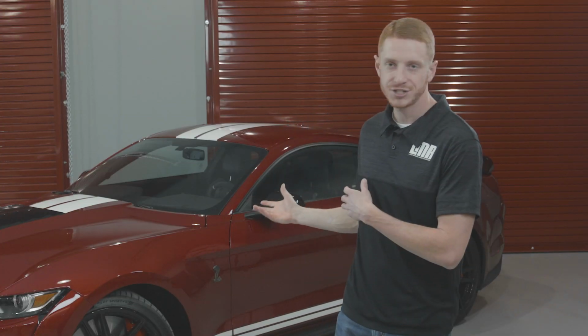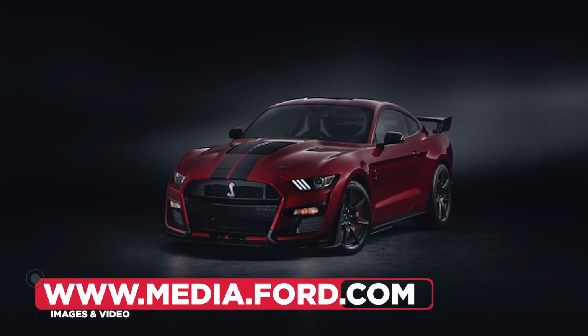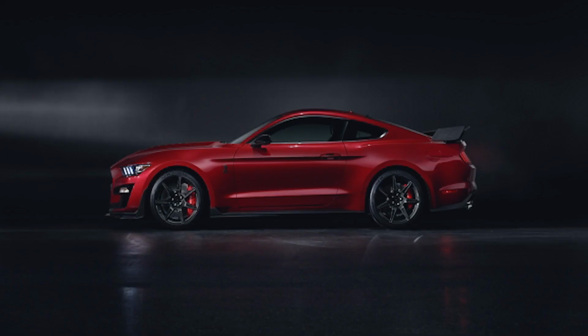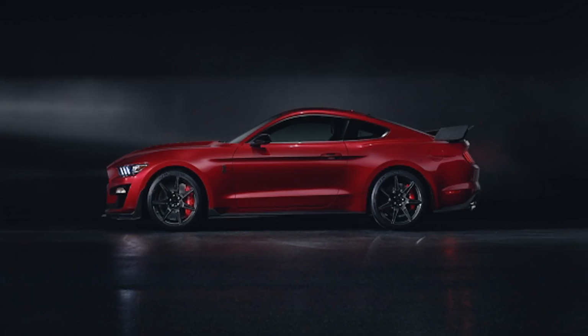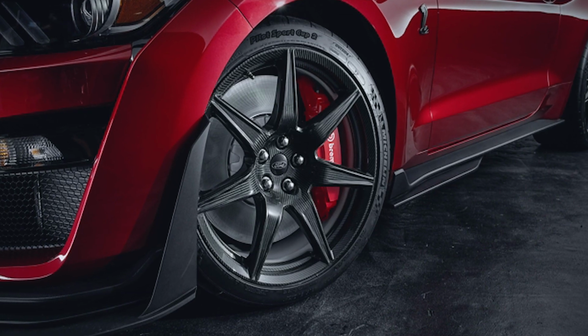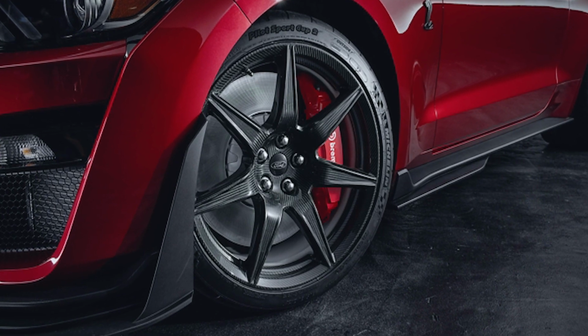Like many other vehicles that Ford produces, you can mix and match the GT500 with a few different packages. The carbon fiber track pack is definitely the top dog and pushes the GT500 even further in regards to looks and performance. This package includes lightweight exposed carbon fiber wheels that measure 20 by 11 inches in the front and